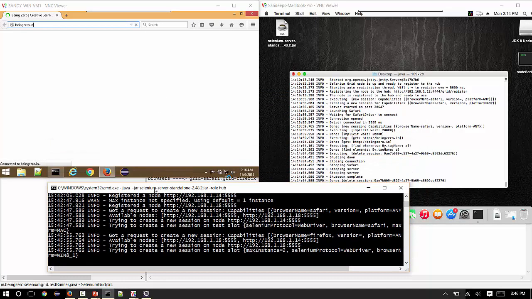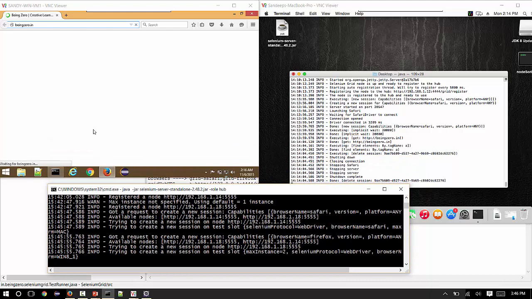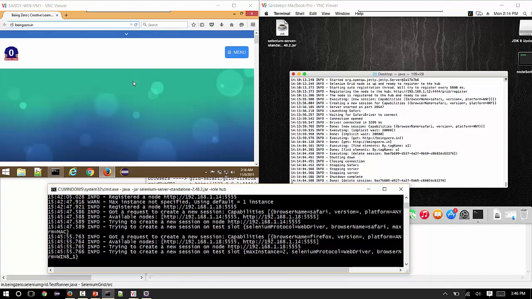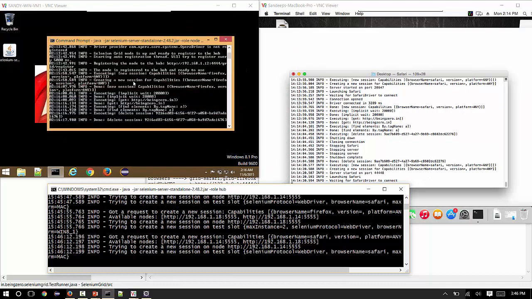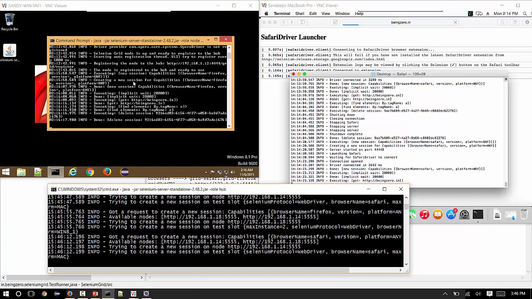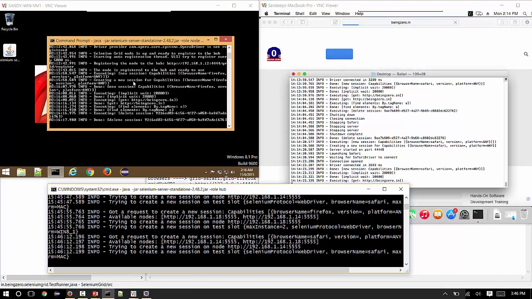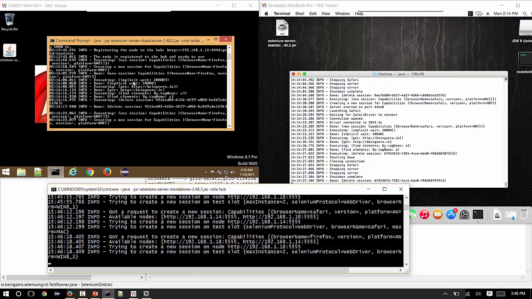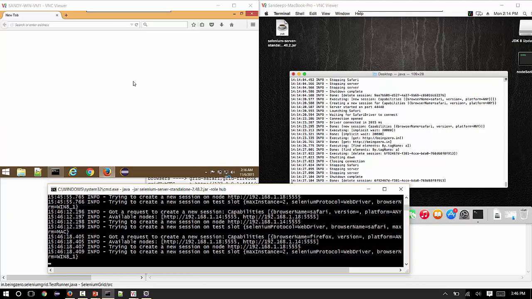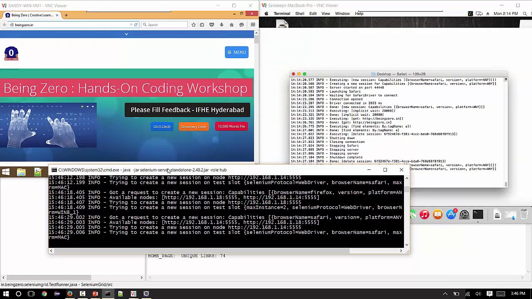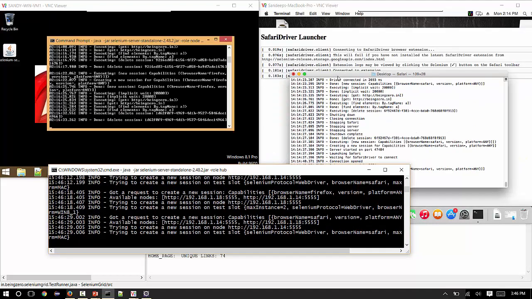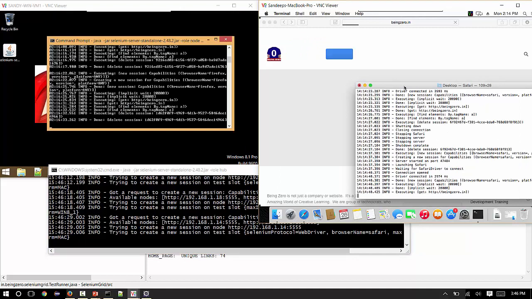In the same way the next test is scheduled on Windows, so it is running over here. We can see the Firefox browser is there, and in parallel we can see on Mac the Safari browser has come. So tests are executing in parallel. As soon as the machine gets free, a new test is scheduled on that machine. See, Firefox has launched on Windows, and at the same time Mac may get another Safari for the third test case. So in Mac we are seeing Safari has launched again